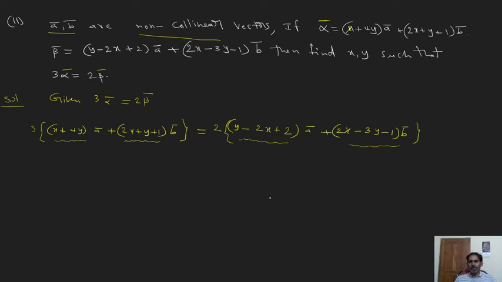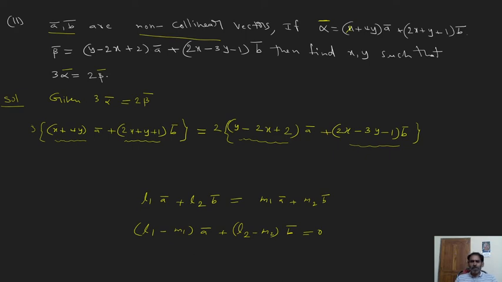For example, for understanding purpose I am giving this. On this side, L1 A bar plus L2 B bar. Next, on this side, M1 A bar plus M2 B bar. When A bar, B bar are collinear, this expression can be written like this: L1 minus M1 into A bar plus L2 minus M2 into B bar. Just A bar on one side, B bar all we are writing on one side, and B bar also in the right hand side.